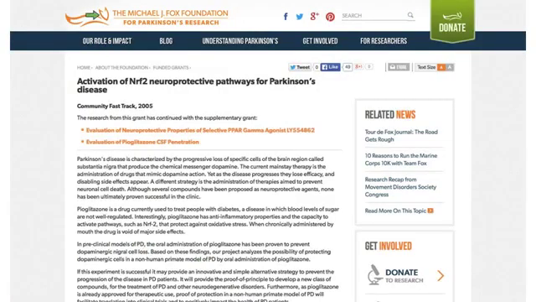Many of you know the Michael J. Fox Foundation for Parkinson's research, and they are now actively studying NRF2 as a protective mechanism in Parkinson's disease. I don't know where they're at in the research on that and how much longer it's going to be, but it'll be interesting to see that study when it comes out.